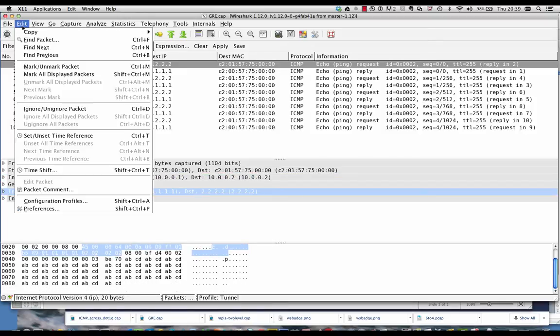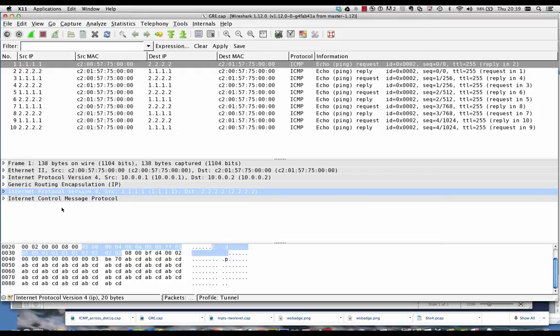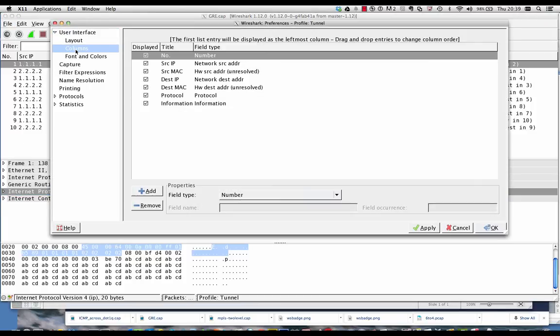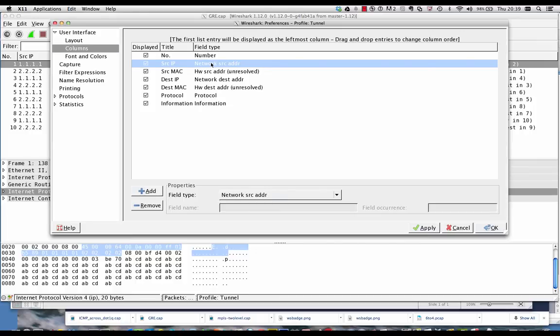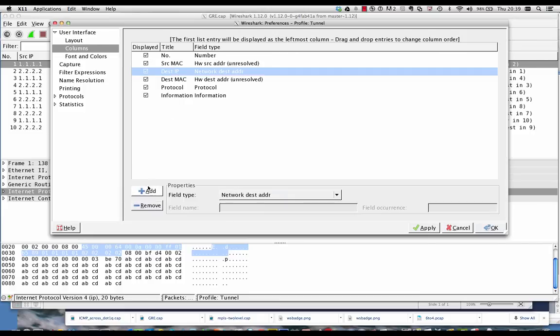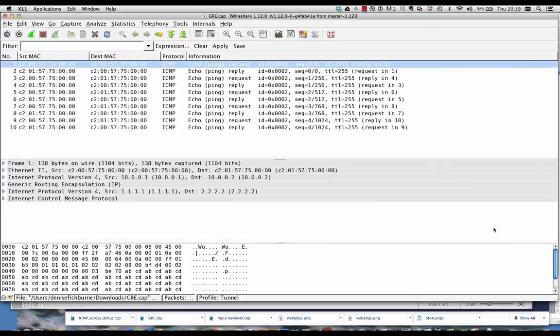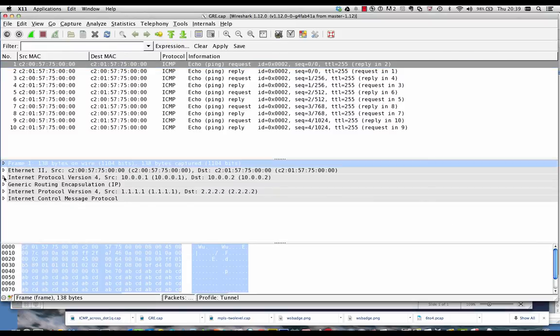So again, we're going to go ahead and go to Preferences, go to Columns, and what you'll see here is source IP. It's very interesting. It'll actually just say network source address. So this isn't the way we actually want it. So what we're going to do is, because as you see, there's no 0, there's no nothing, we're going to remove this, and we're going to remove this. And then I'm going to click Apply, go back, and then I'm going to come over here,